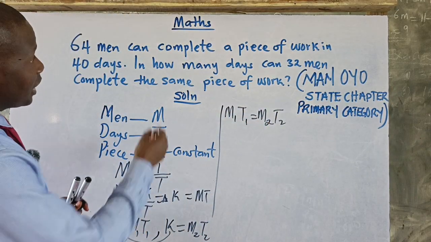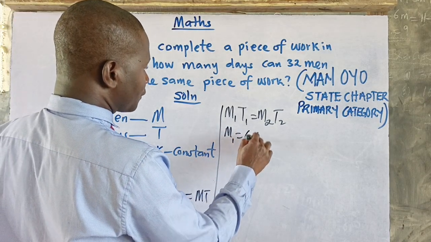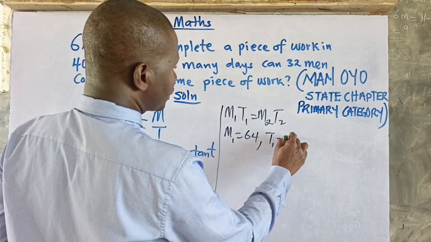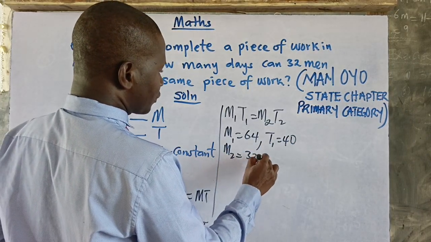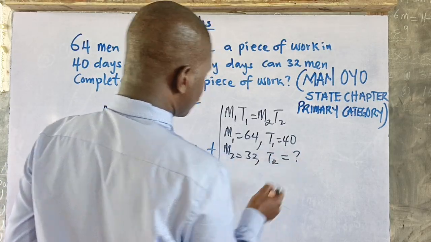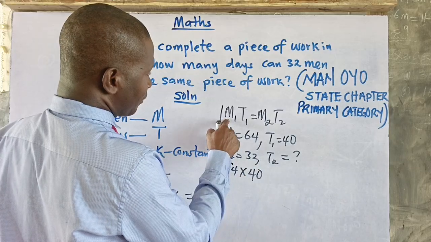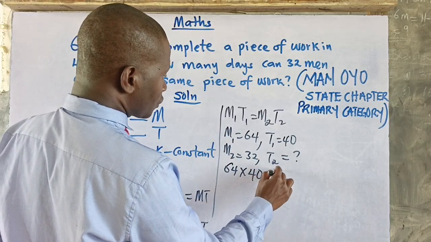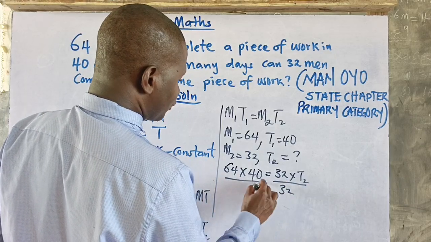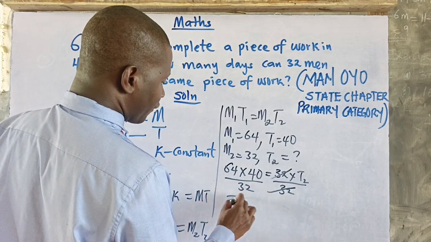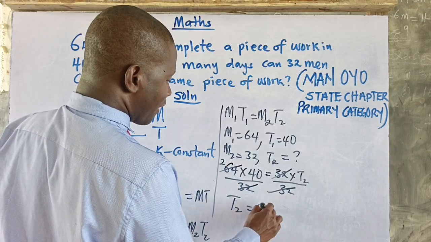Now, let's write what we are given from the question. We have M1 to be 64, then T1 equals 40, then M2 is given to be 32, and we have to determine T2, which is unknown. So when you substitute, we have 64 times 40, that is M1 times T1, equals M2, 32, times T2. Now we divide both sides of the equation by 32. Therefore, T2 equals, 32 goes into 64 two times, so we have 2 times 40,